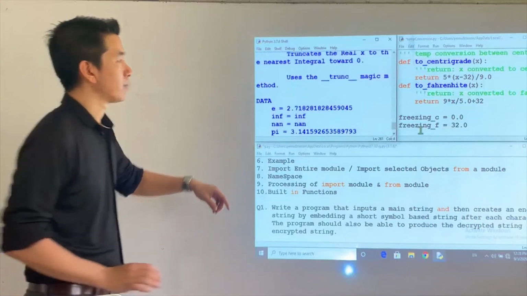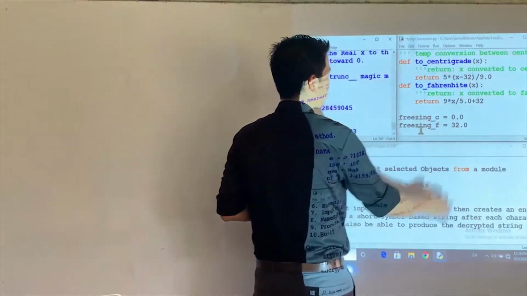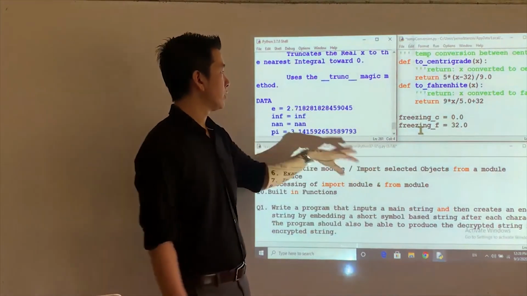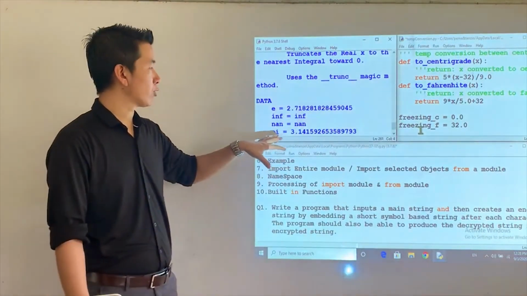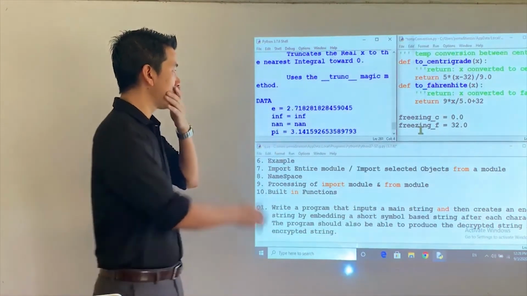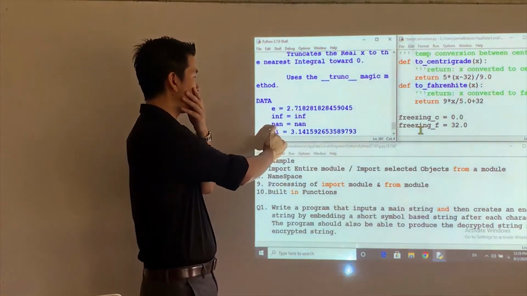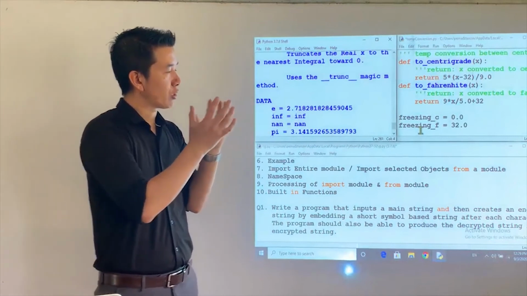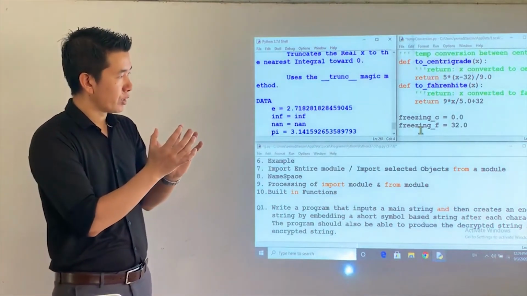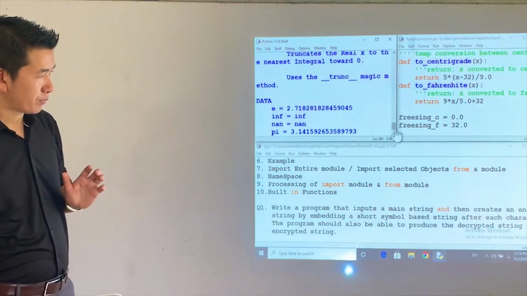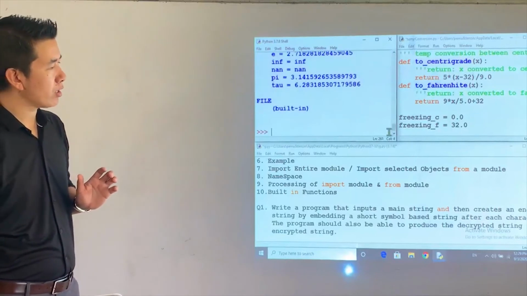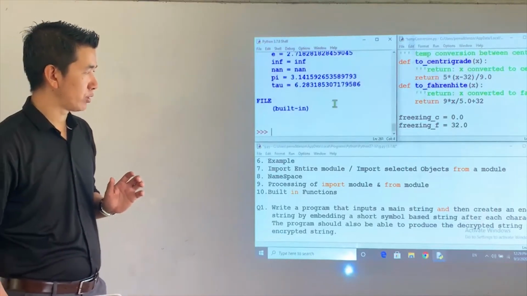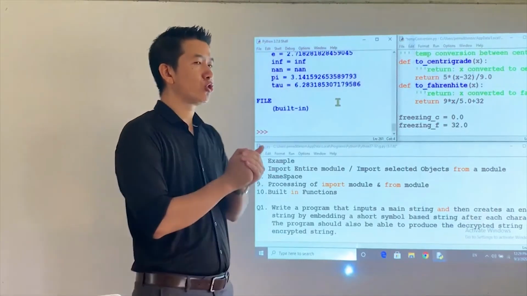Likewise, I have some constant values in my module. They will also have some constant values in their modules, like e, inf, nan (not a number), the value of pi, right? So I hope you're able to compare between the two. Okay, now, there are certain exceptions. Now let's say I would like to